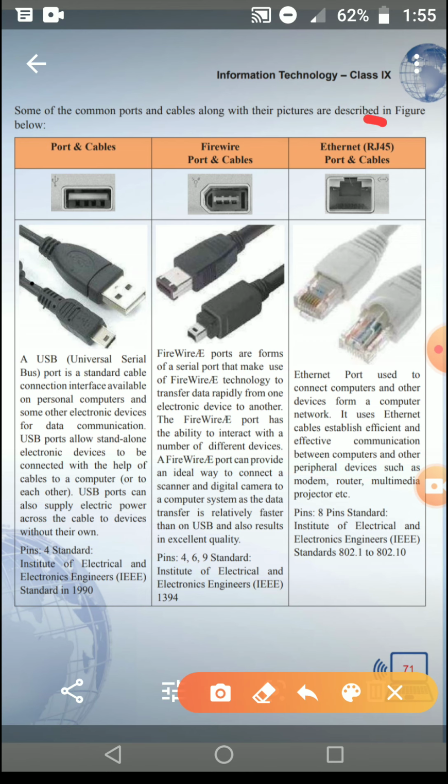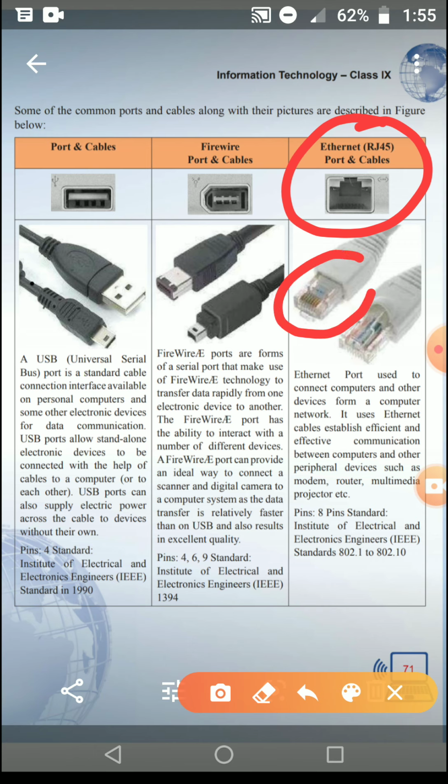This was your RJ45 ports and cables. That is an Ethernet cable which is used for connection with the Ethernet modem if you are having it for the internet connection. Okay, RJ45 NIC, network interface card, I have just discussed it. It is a standard 8 pin card. Okay, 8 pin plug, and it is used for connecting modem, router, any projector if you want to connect. So these kinds of ports and cables are used for connecting these devices.